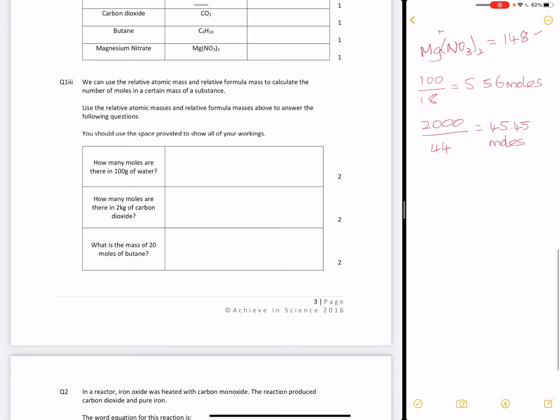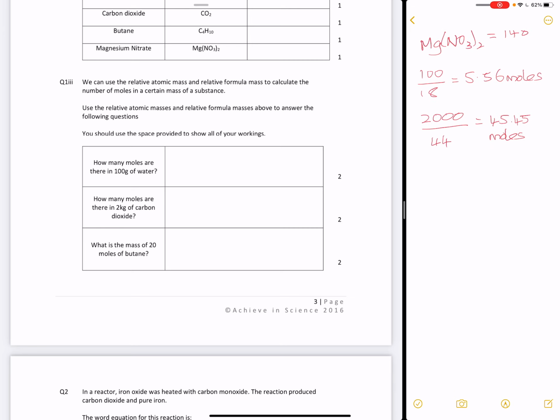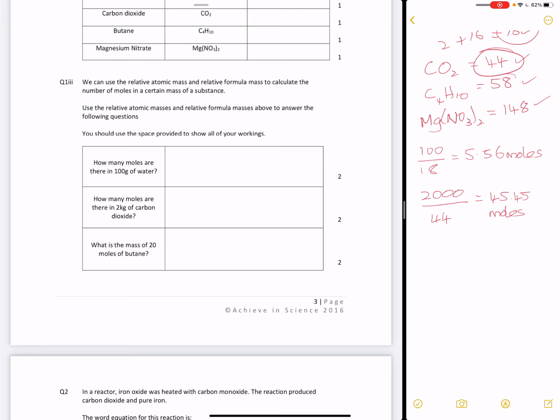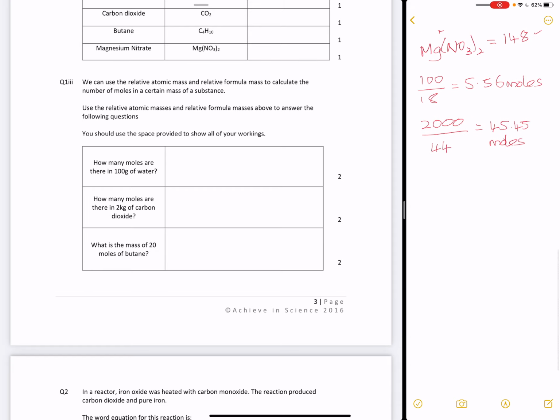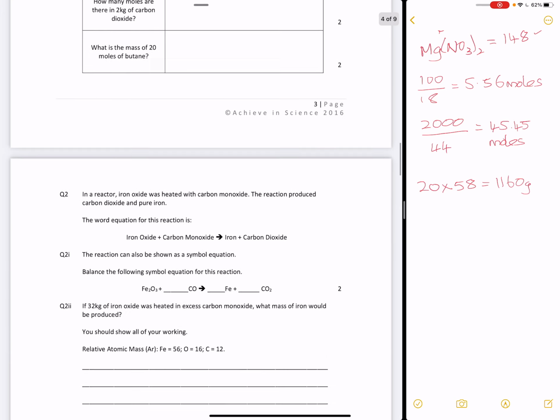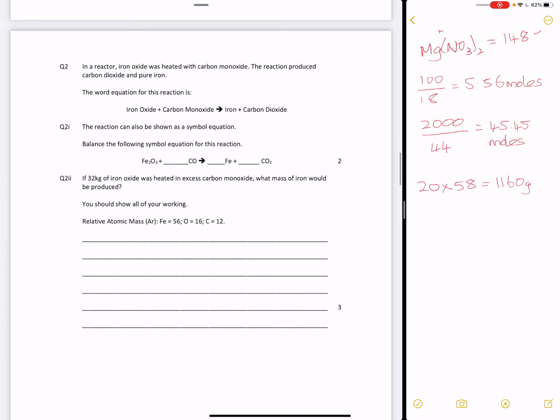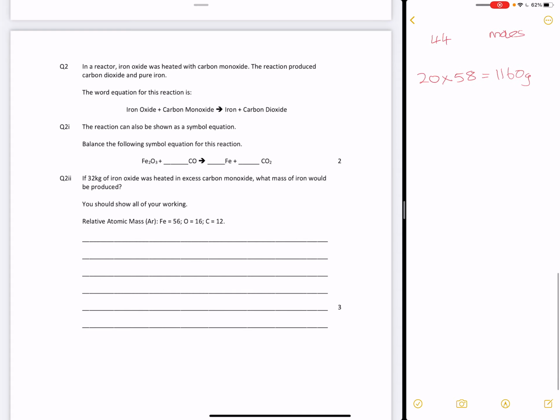And the third one, butane, you've already worked out the mass of butane is 58 for 1 mole, but you have 20 moles. So 20 times 58, and it's 1160 grams. And there you go. And each one is worth 2 marks. If we move on, the next one,